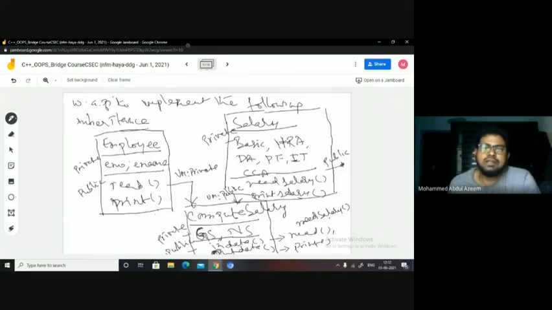So in the in data function, you will be calling read and read salary both, and in out data, first you will be computing the gross salary and net salary with the help of this formula that I have defined. Then you are going to call print and then print salary. Okay, you are going to call print salary as well here, right?